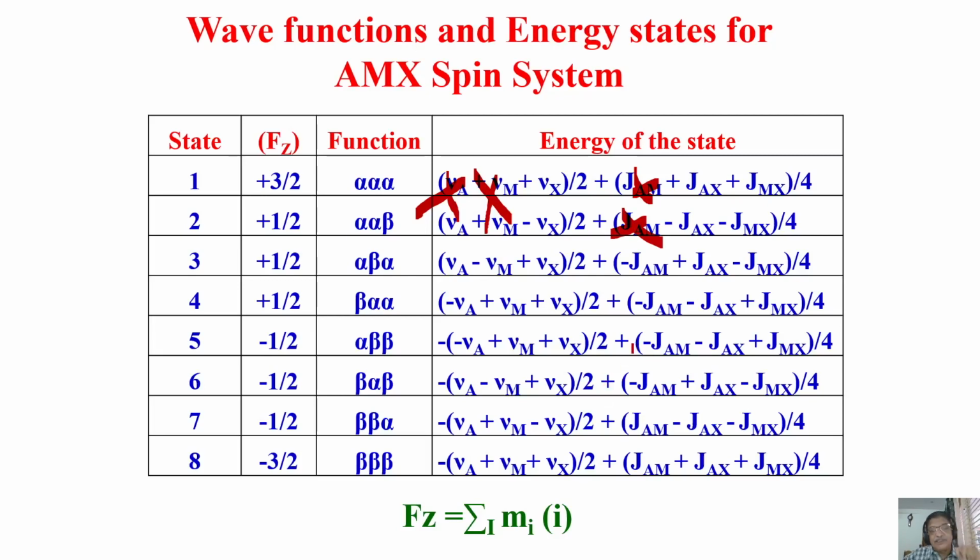Remember, in the AX spin system, we have one transition each from the center of chemical shift. But in this case, from the center of the chemical shift, for each proton, there will be two transitions to the right, two transitions to the left, depending upon the couplings. For the X transitions, here you are going to have two peaks, one separated by half of J ax, other by half of J mx. Other one you can find out, let me see which is that one to retain nu x.